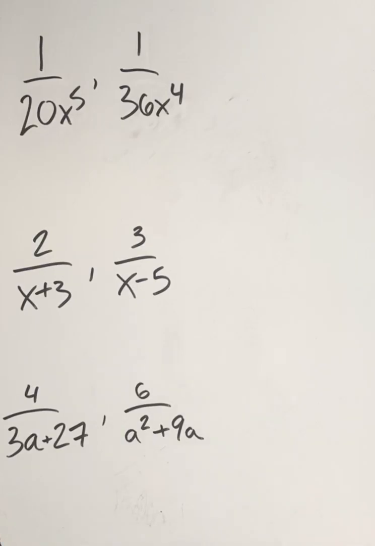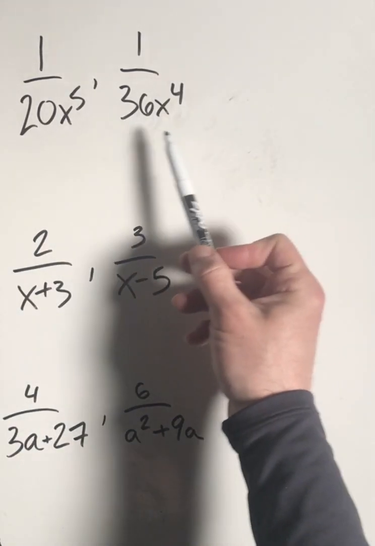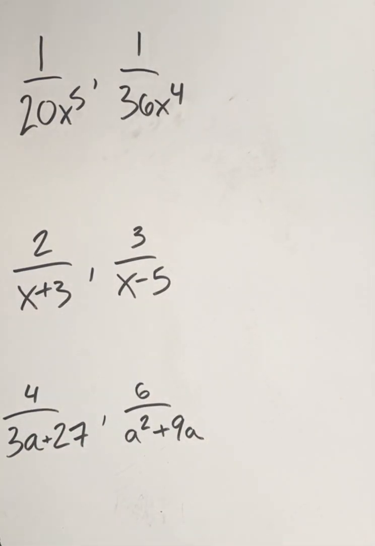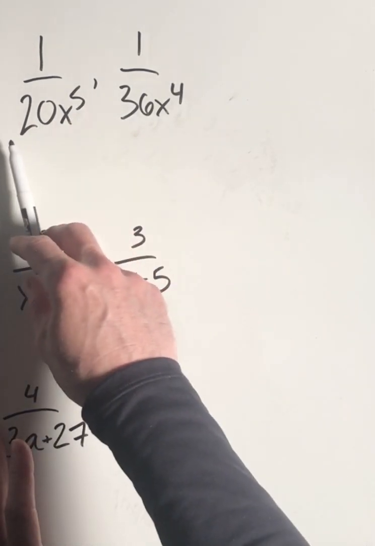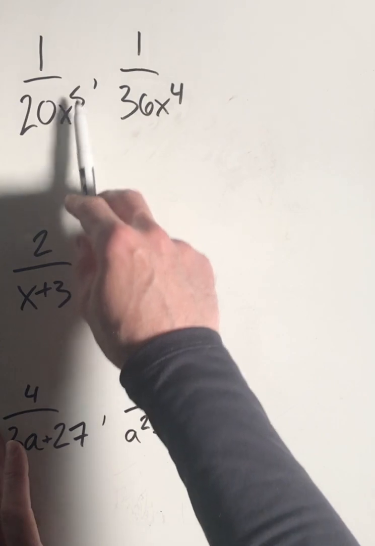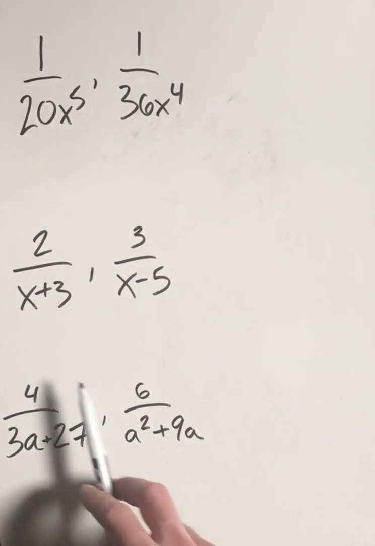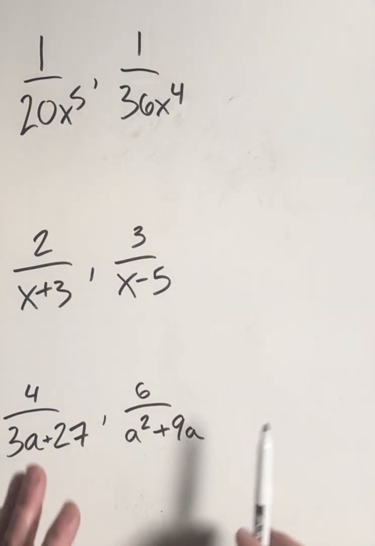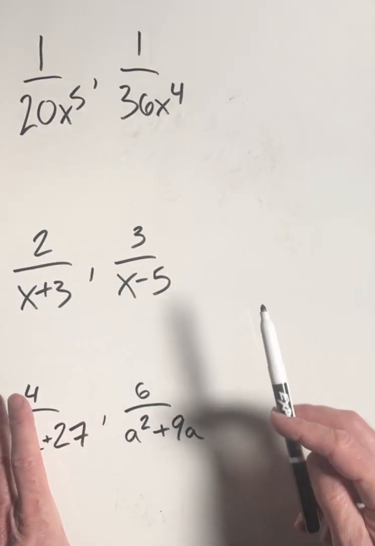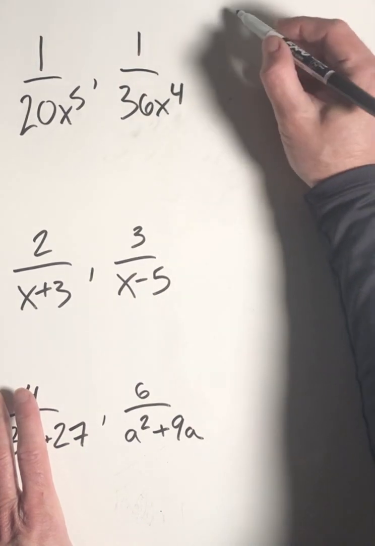In order to add and subtract rational expressions that have different denominators, we're going to have to be able to find the lowest common denominator between them. So one way that we're going to be able to look at this is when we have a coefficient along with a variable term. Another way is when we have binomial terms that are our denominators. So in looking where we have coefficients and variables, we need to find the lowest common denominator